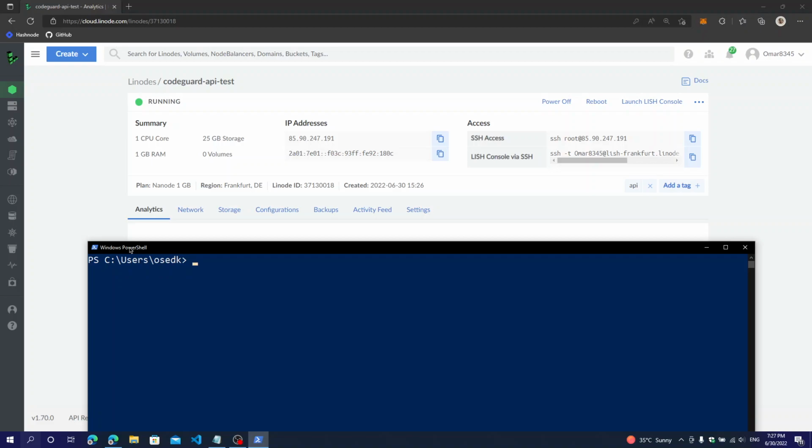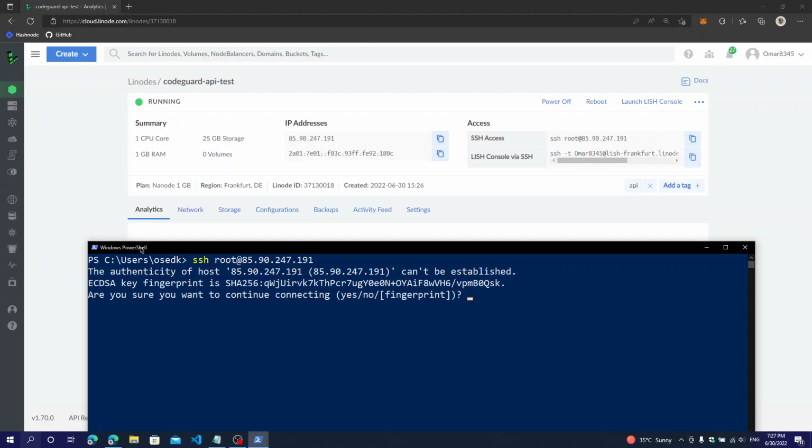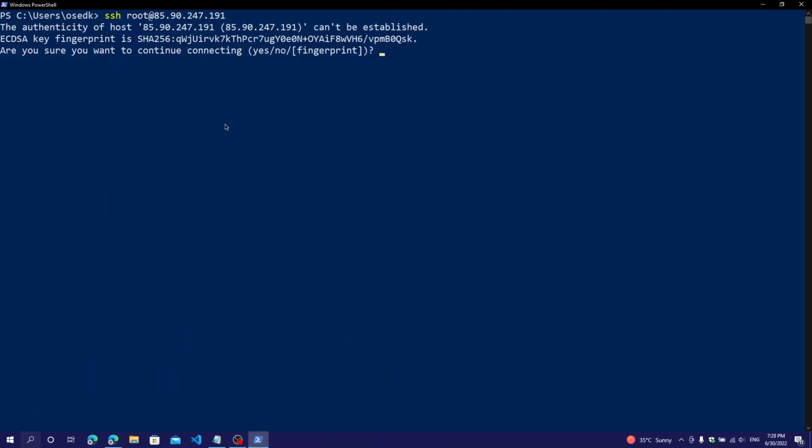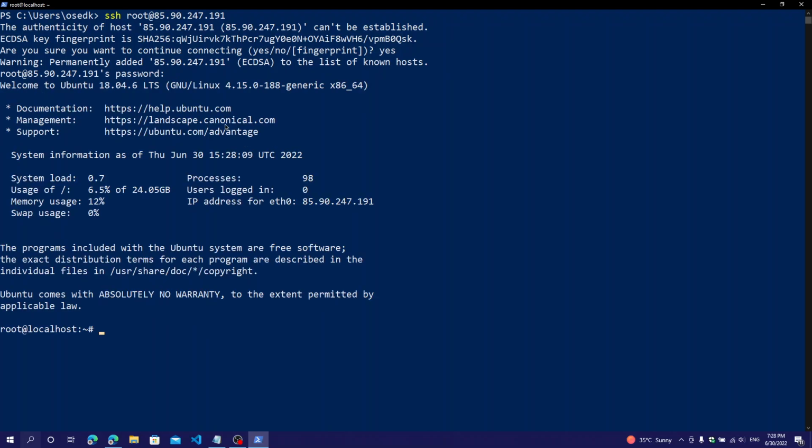Just write ssh and root, or the user you'll be using, and the IP address 85.90.247.191. Click enter. This will appear for the first time. Just write yes, and it will ask for the root password or the user password, and that's it. We are in.